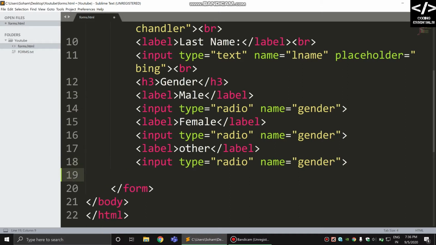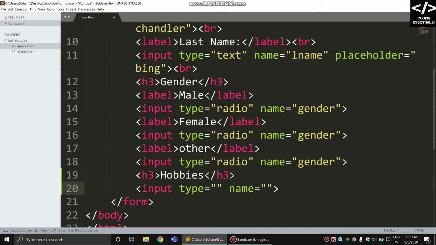Now the third is the checkbox. To understand the concept of checkbox, we'll include one more field, that is hobbies. We'll ask the user to select the hobbies he does. There can be more than one hobby. So in this the name attribute should be different. It is necessary. It should be hobbies. Okay, so label. First we'll input in this. So type checkbox, then name art,